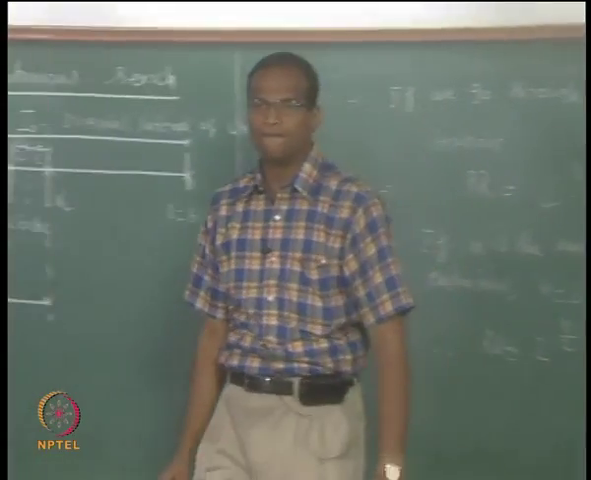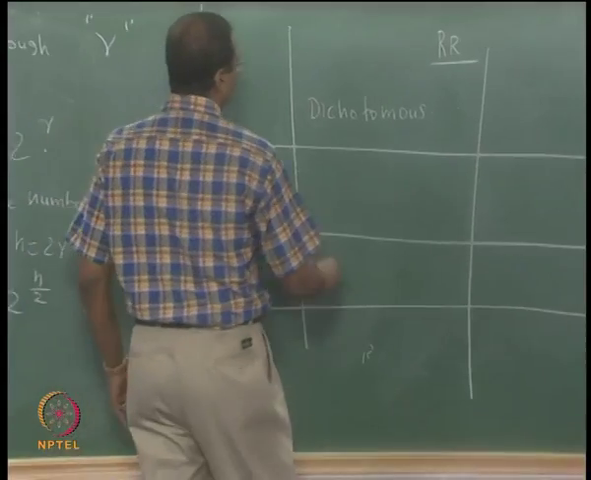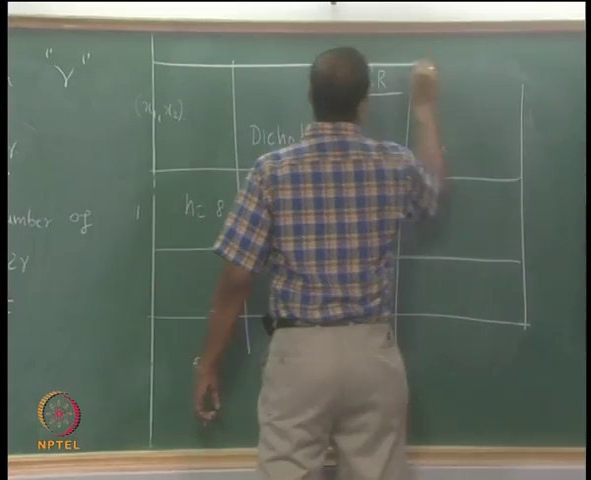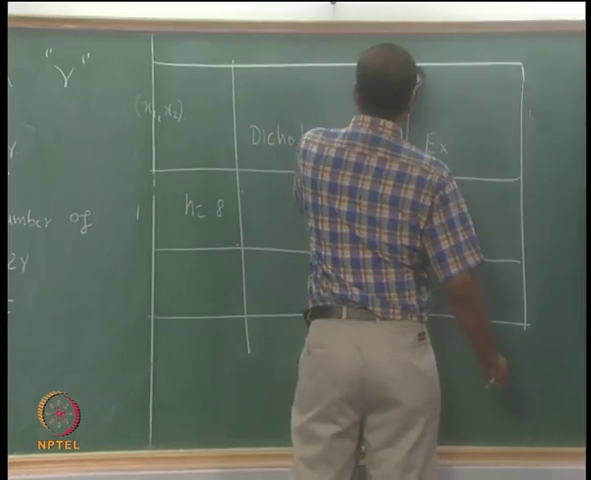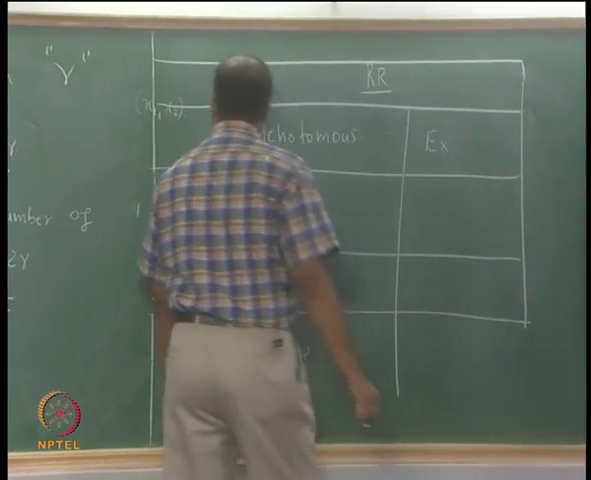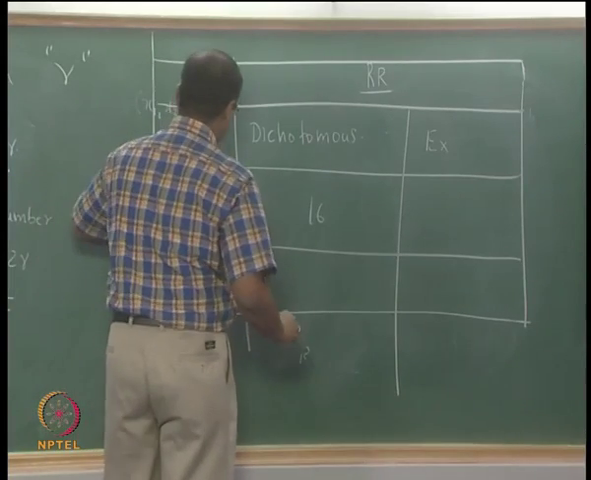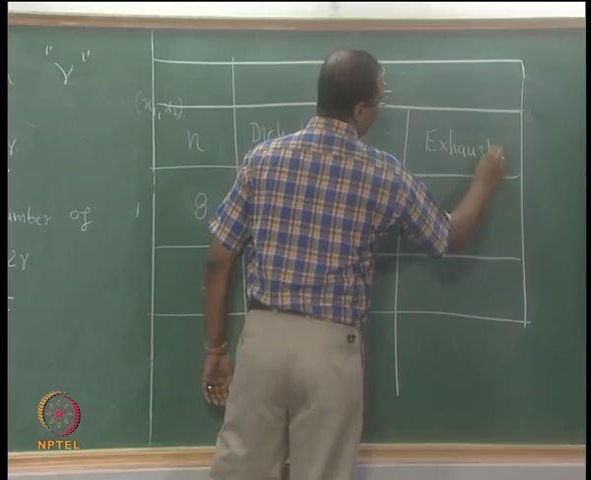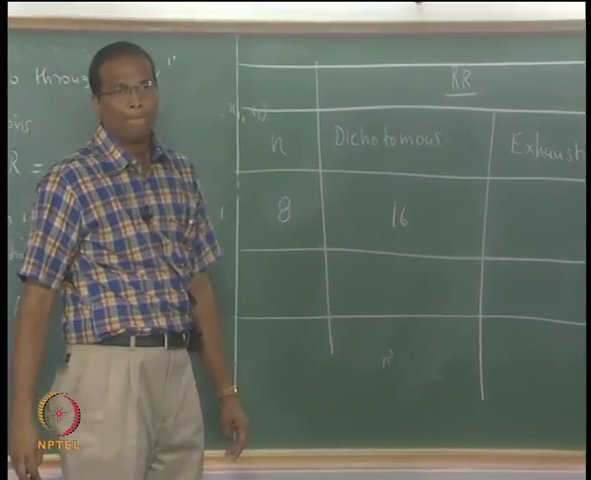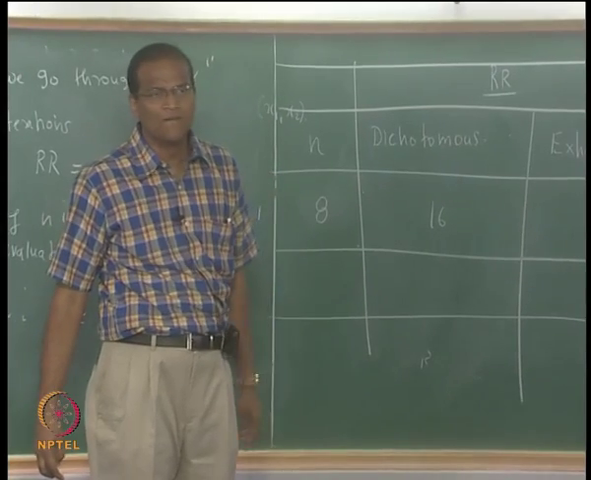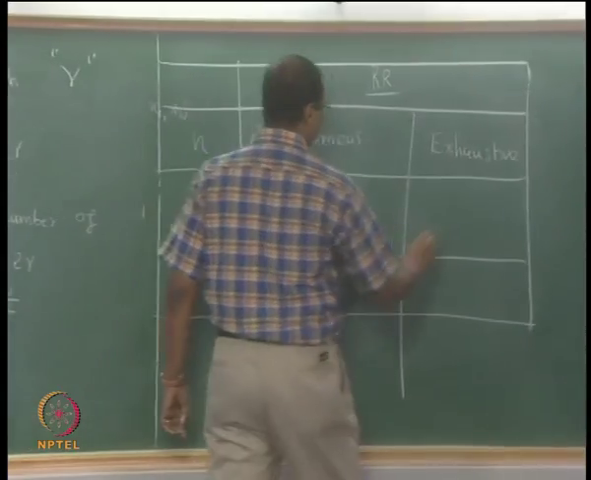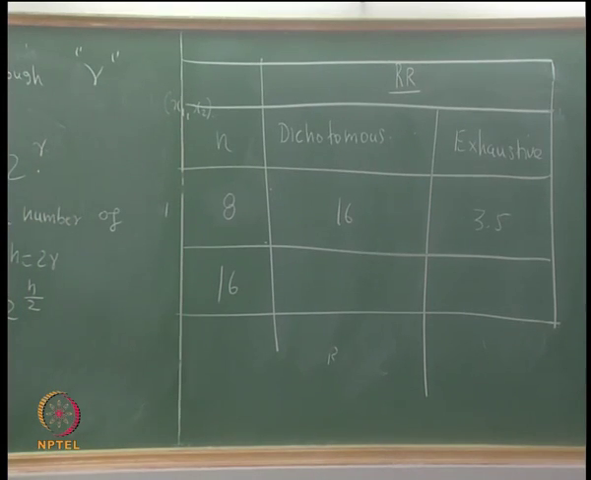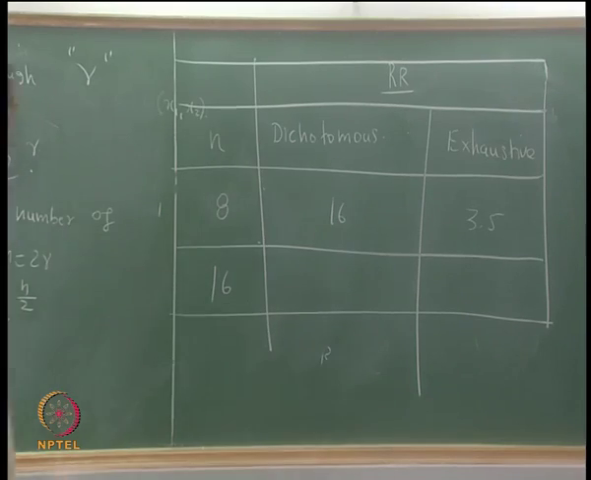n equal to 8 dichotomous, yeah, tell me the RR, huh? Exhaustive, mm, 16 exhaustive, how much was it? 3.5, 3.5, 16, 256, what is this,